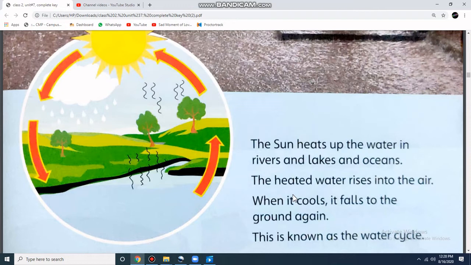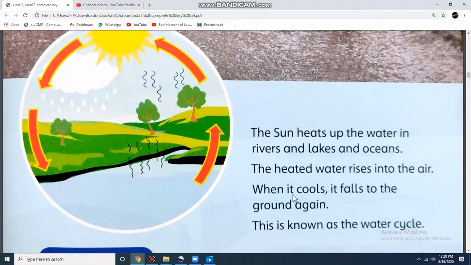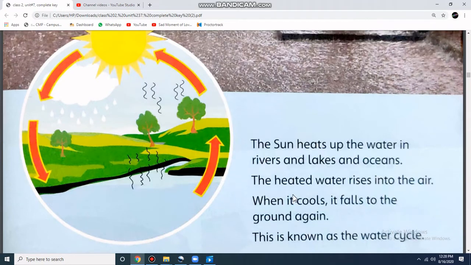Then the heated water rises up. When it rises up, it cools down. Okay, when it cools down, it makes a cloud. Then after making a cloud, it falls to the ground again. It's all called the water cycle. Okay, and this picture is very important. If I ask about the water cycle, you have to draw the water cycle picture as well. Okay,